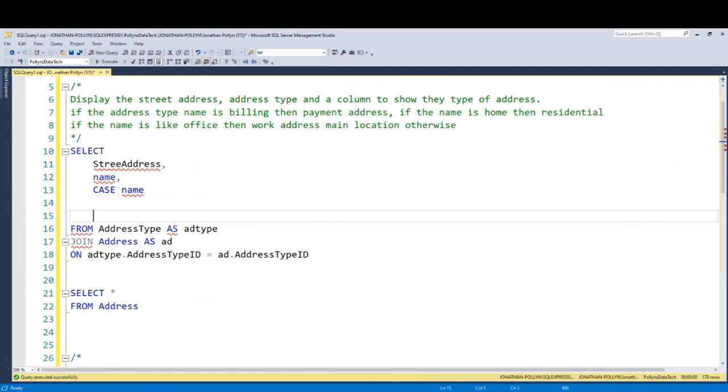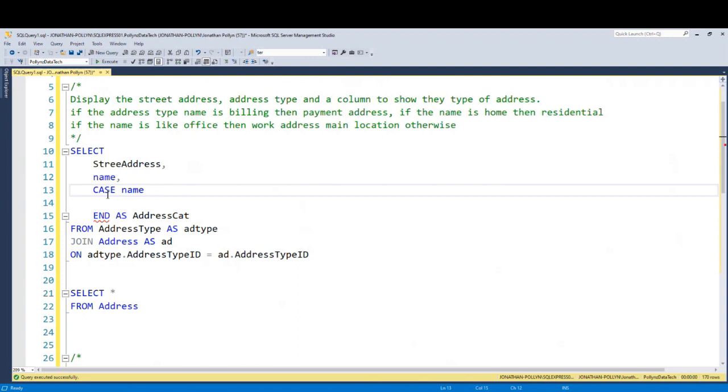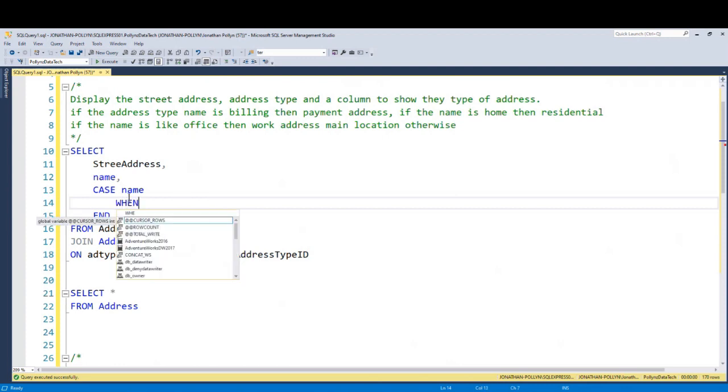And it's doing this. So the best thing to do when you open your case, you want to end the case. So I'm going to end this as, I'll call this guy, we can just call it address cat. Then inside of here, because we're using the simple case, we're going to do case and call the column name. And when we call the column name, I can come down here. I say, when, watch how we do it. When